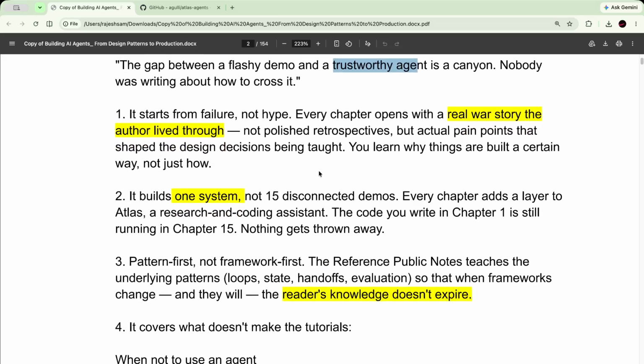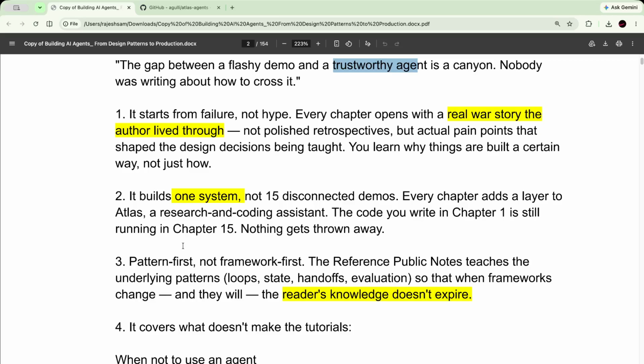The points he's saying here: it starts from failure, not hype. Every chapter opens with a real war story the author lived through, not polished retrospectives, but actual pain points that shaped design decisions being taught. You learn why things are built a certain way, not just how. The second point: it builds one system, not 15 disconnected demos.